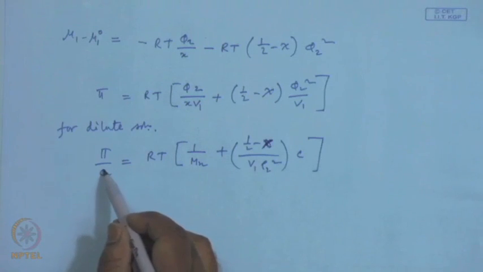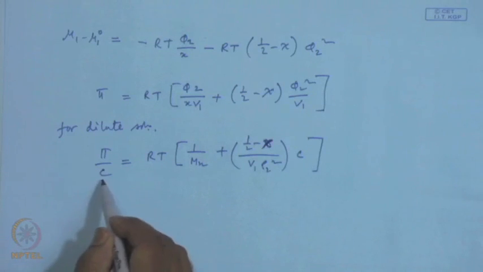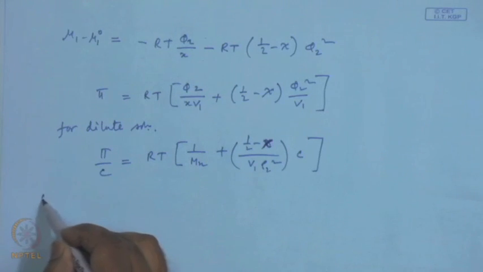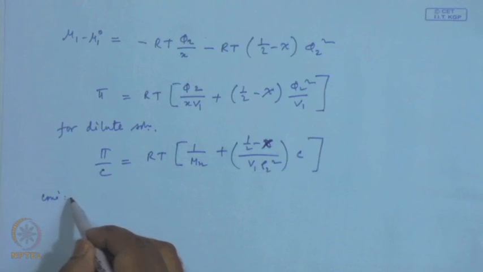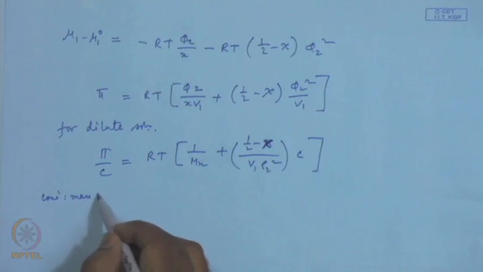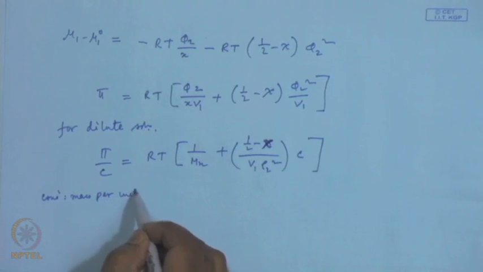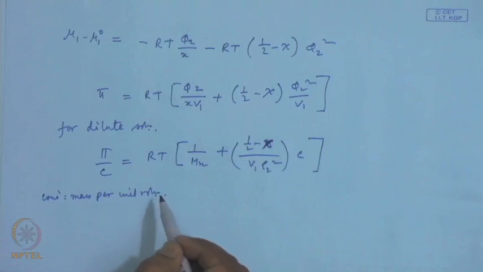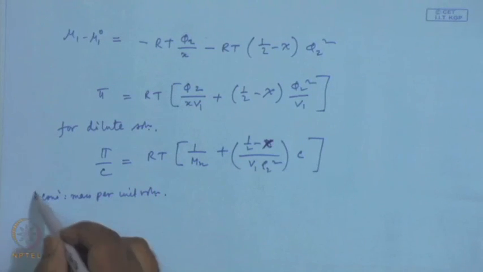This C is the concentration in mass per unit volume. So, C is concentration, mass per unit volume. Now, as you know,